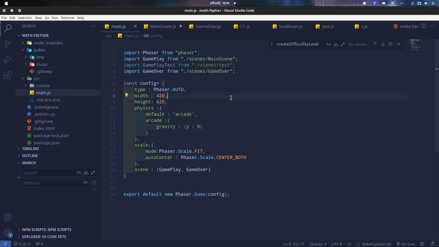And this one is default, which is arcade. It means we want to tell JavaScript or Phaser that we use the default arcade physics. Inside this one we have another property, and it is an object. Just remember, when you are confused about data types: if it is curly braces, it means object, while if you see square brackets like this, it means array. This is an array.